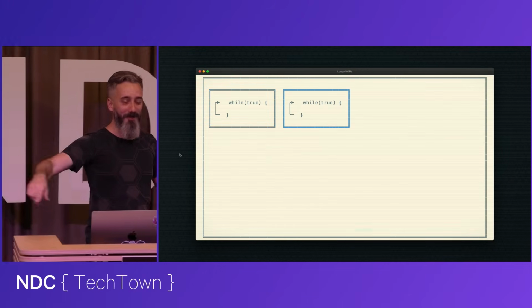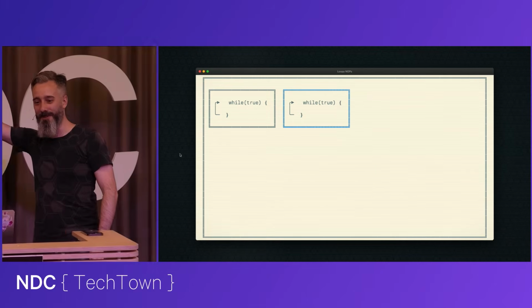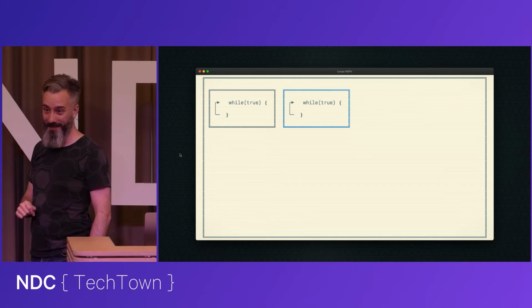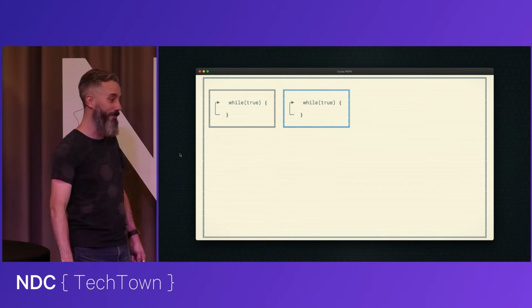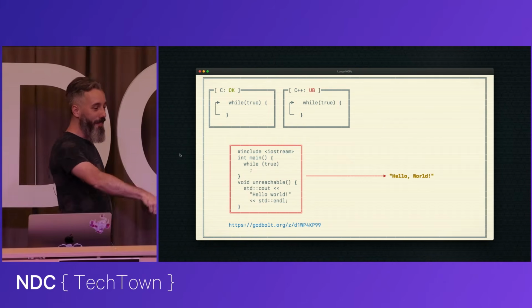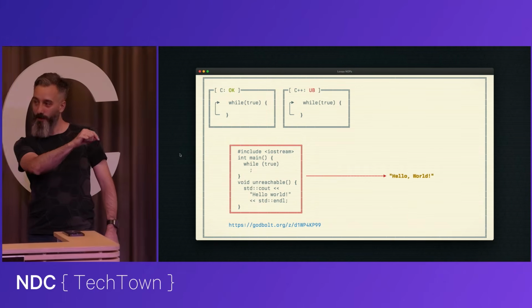Here's another loop. What's this one do? It's tricky. There's a difference between the two. The one on the left is C. The one on the right is C++. C is an infinite loop. C++ is undefined behavior. So if you look at this Godbolt link, main with while true, and